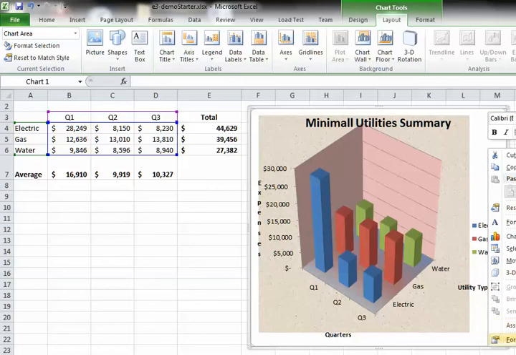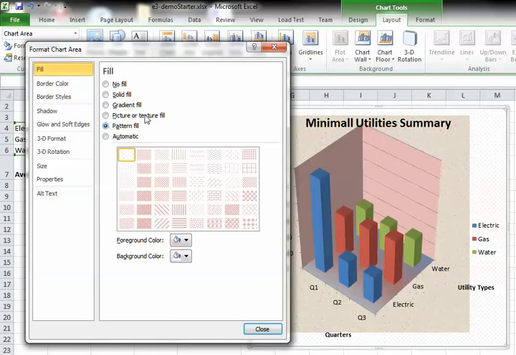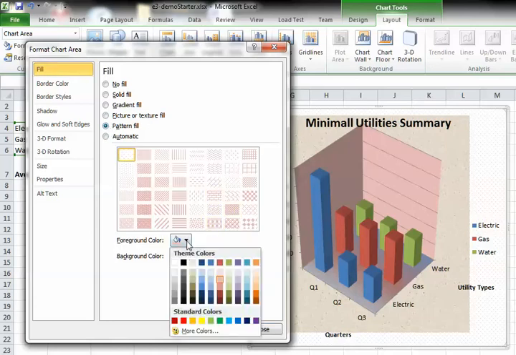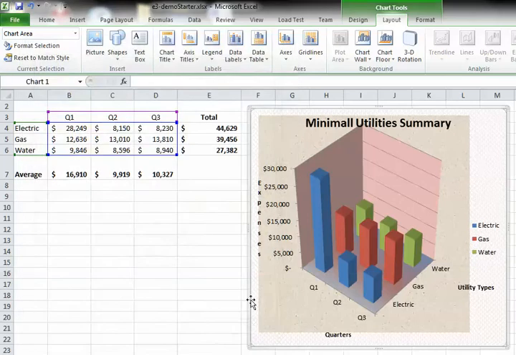Never underestimate the power of a right click. We'll format the whole chart area. We'll put a pattern fill in here. We can choose a color if we want, and let's say it's got to be something light because our fonts are black. I'll choose this type. Okay, probably not the best color scheme you can think of, but